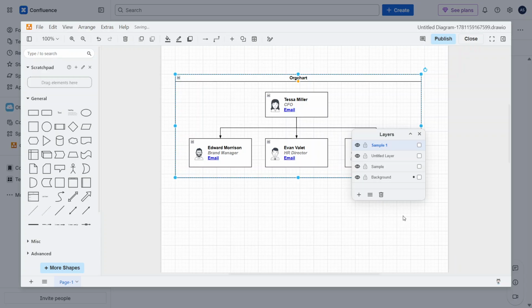You can also rearrange the order of your layers. To do that, hover over a layer in the panel, then drag it upward or downward and drop it into place. The layer order affects how content is stacked visually, so adjusting it can help make your diagram much easier